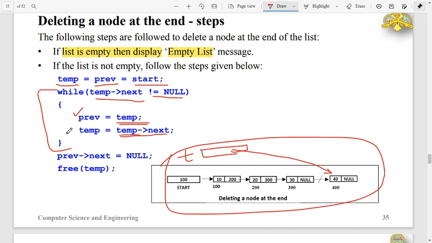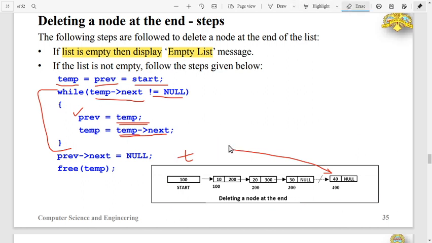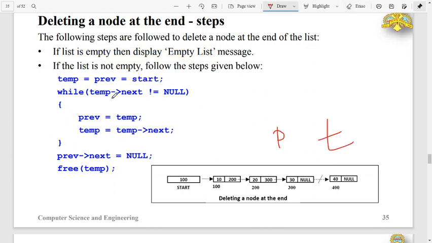When the while loop completes its execution, the temp pointer is pointing to the last node and previous is pointing to the last but one. What I am doing is updating the next field of the previous pointer as null.